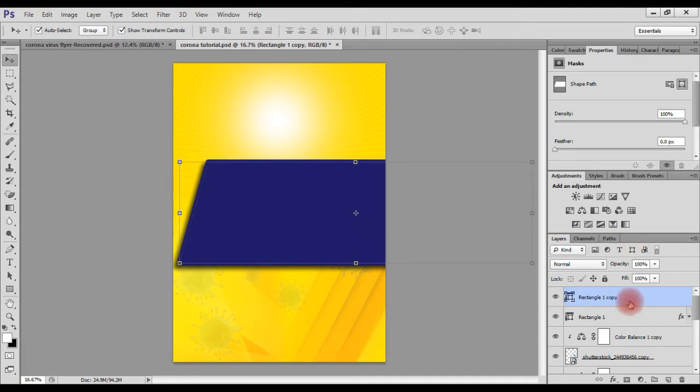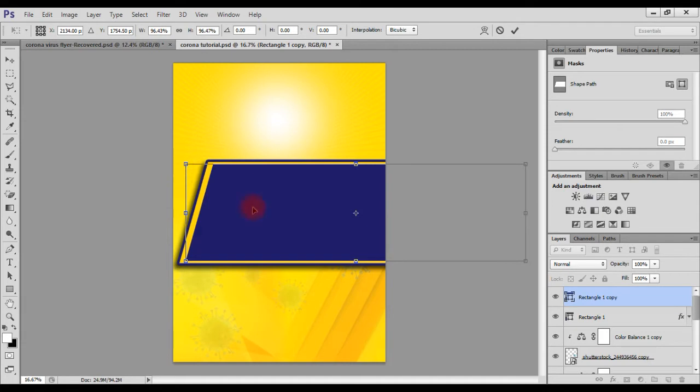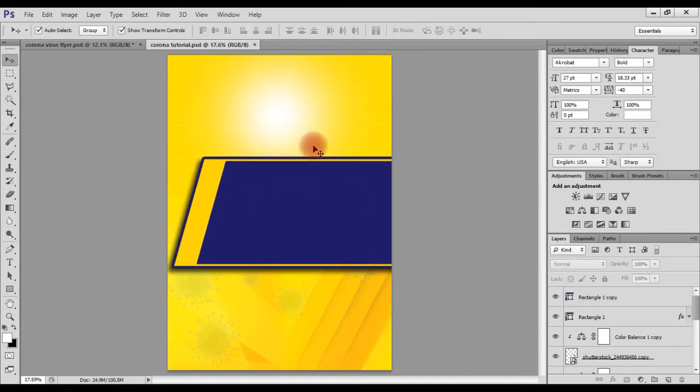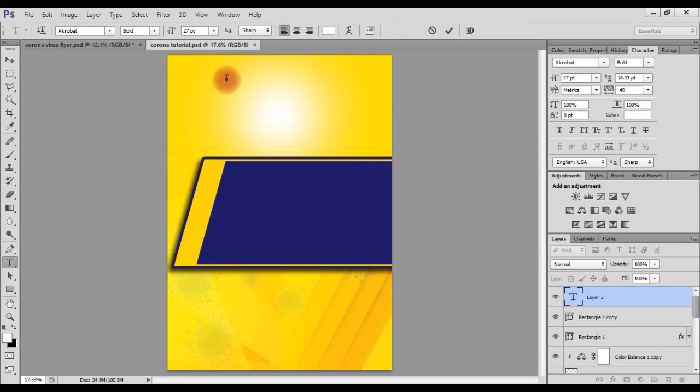Okay, so you would have to create a copy of that same rectangle. You clear the layer style, and then you shift it a little bit to the right, and make sure to decrease its size. So the next thing is to type "protect yourself from a", so the font style to use is Helvetica